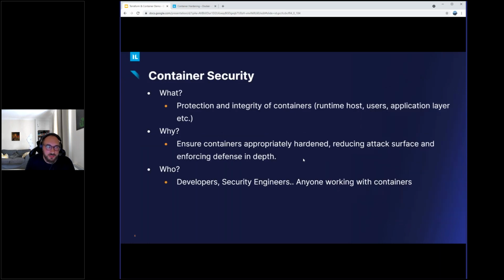So container security, obviously, what are we doing it for? Obviously, we want protection and integrity of our containers. We want to look after the runtime host. We want to check the users it's being run as, and we want to protect the application layer. Why are we doing it? Obviously, we want containers to be appropriately hardened. We want to reduce the attack surface and